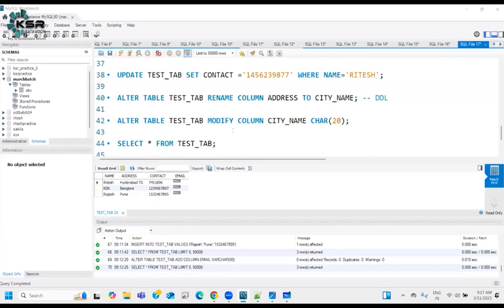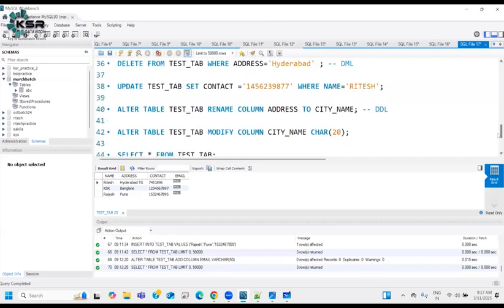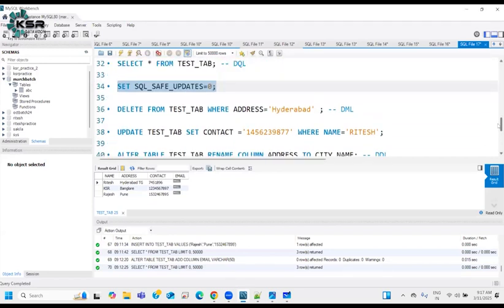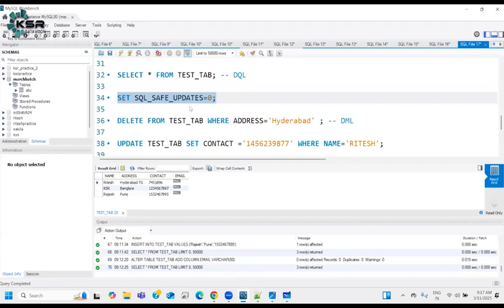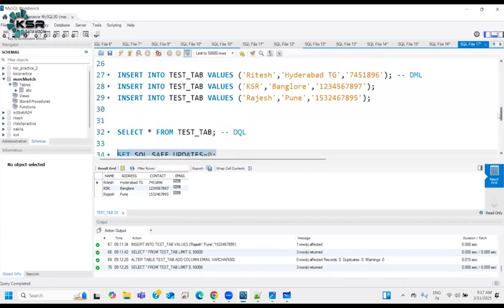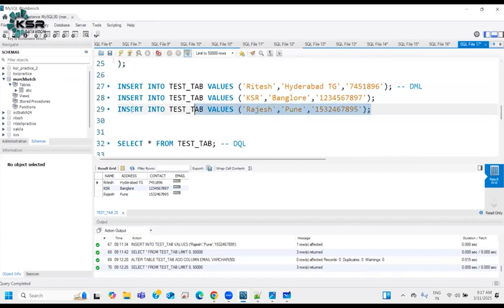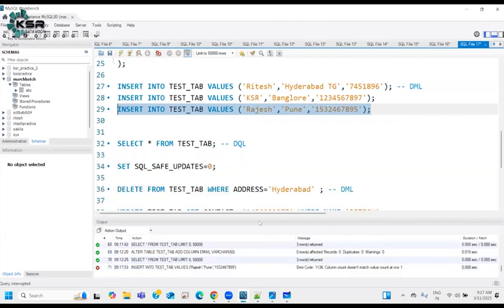Now, anyway, you are mentioning duplicates. There is one command which will help you to identify unique records. Now, there are 3 records here. If I use one more insert statement, maybe I want to insert this Rajesh record one more time, it will throw an error because there are ideally 4 columns now: name, city name, contact, and the 4th column is email. Whenever you're inserting a new record, you have to insert that 4th column also. Either you mention blank,